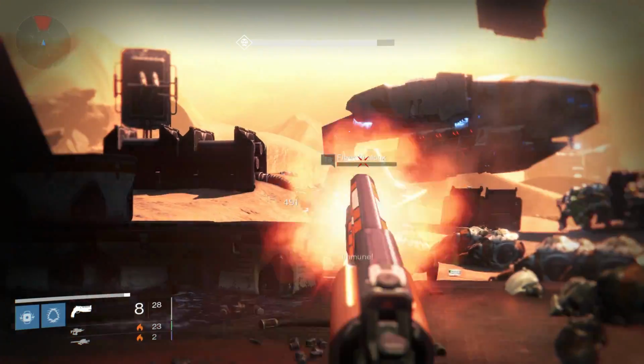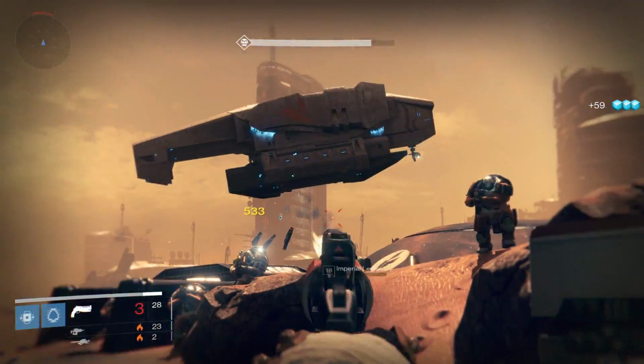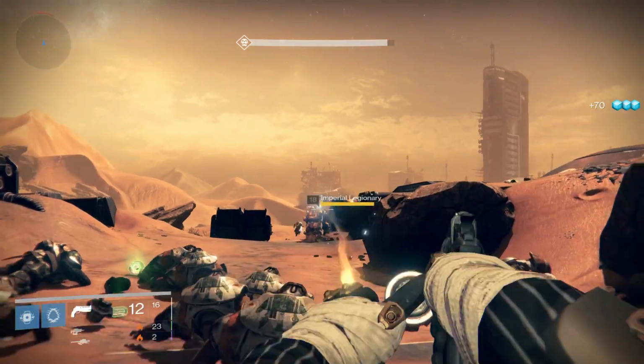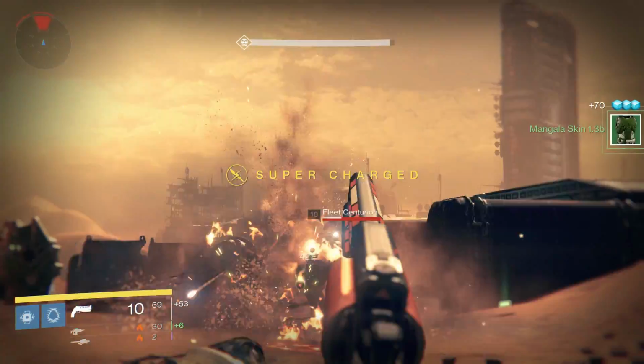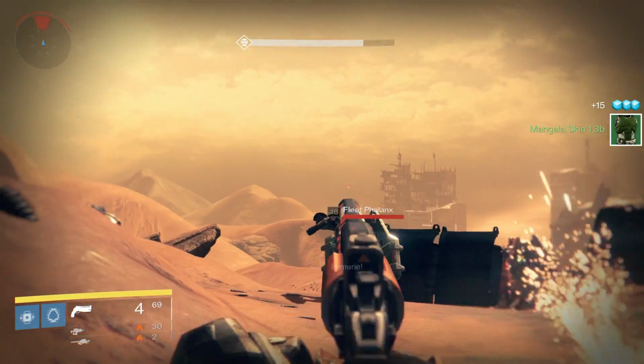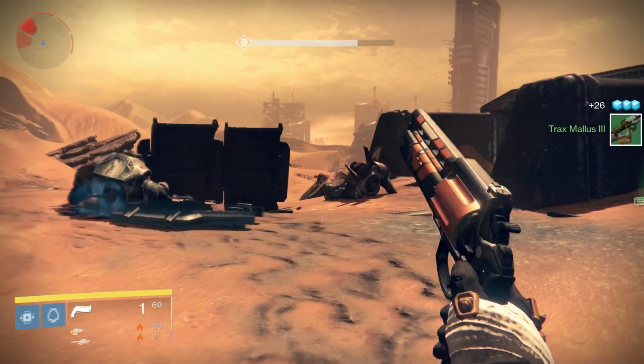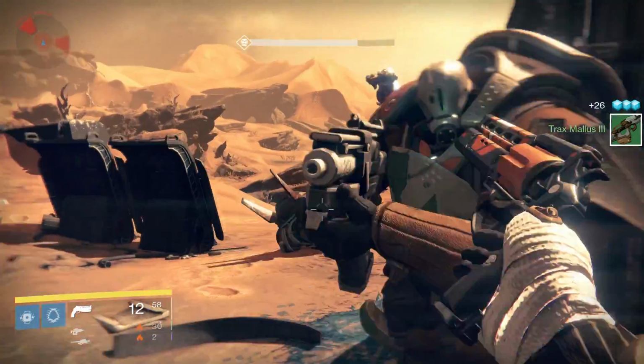Alright, so the first dropship is leaving. You can see the second dropship has showed up, and he's dropping off slightly harder to kill enemies. Again, it's not super hard. They're level 18. I'm not even fully leveled up on this character. I think this character is a level 28 right now with the armor I have. I just bought new armor from the Iron Banner, and I haven't leveled it up yet, so...